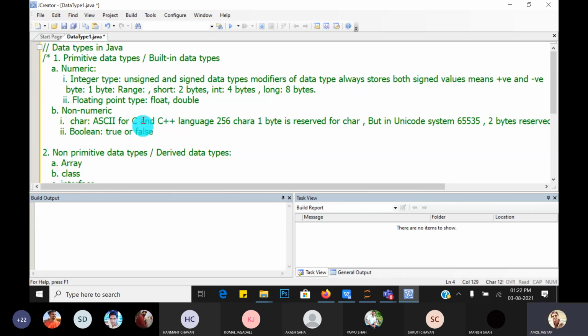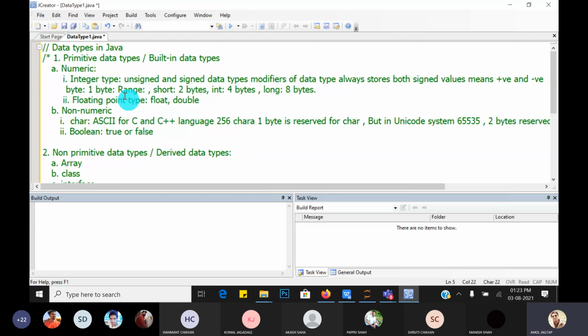There is no modifier like unsigned or signed in Java, because short, byte, int and long store both positive as well as negative values. By default, all these integral data types are signed, meaning they store minus and plus. So just think on that.